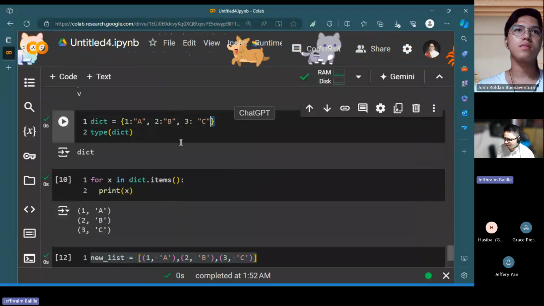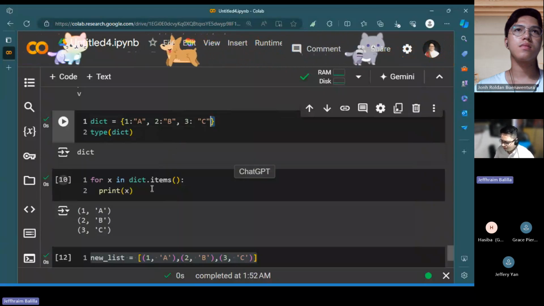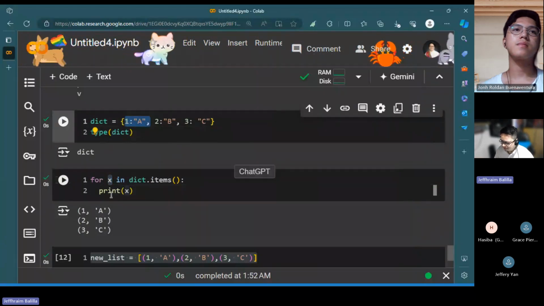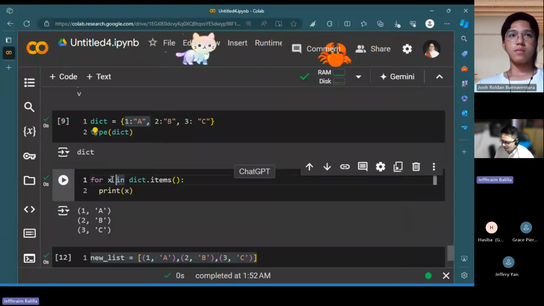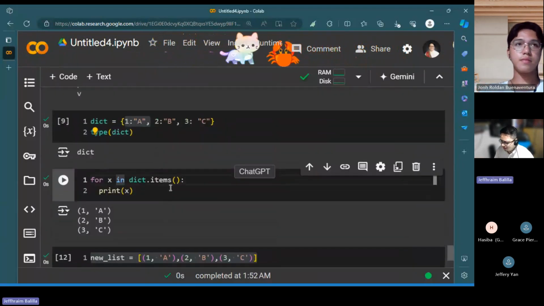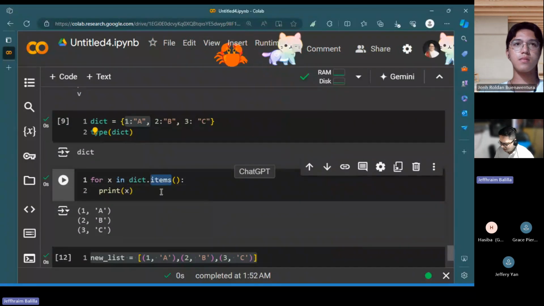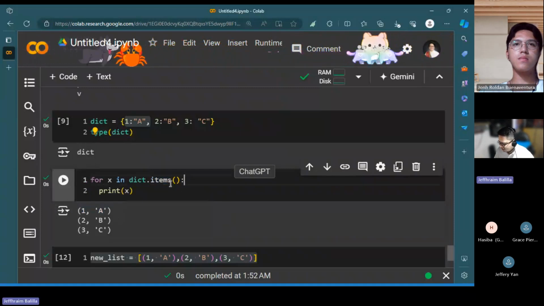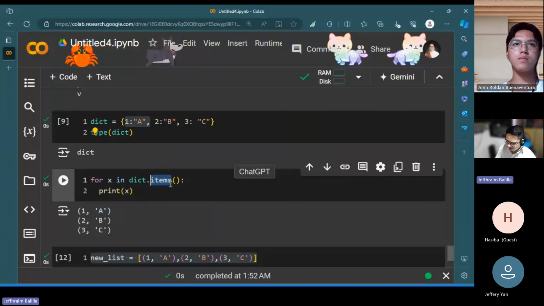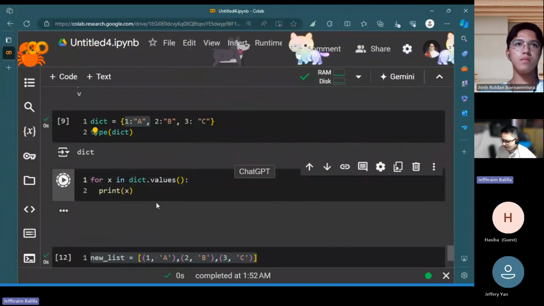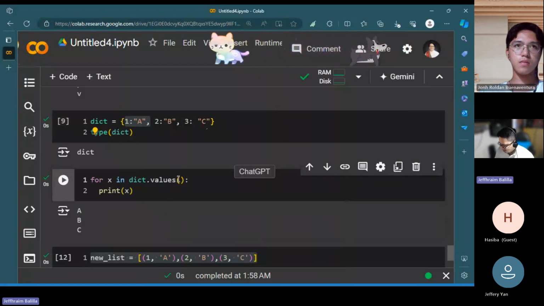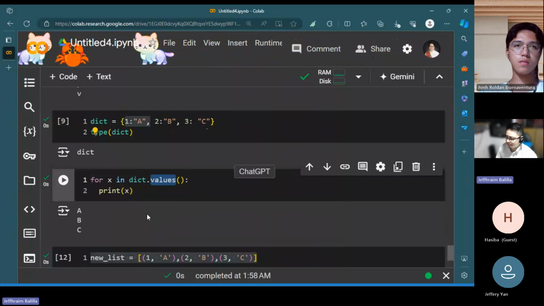So it already knows what things can be done with the dictionary. One thing is you can treat these key-value pairs as just one object by specifying an X in here. It automatically identifies that, since you're combining it with a dot items method, which is a method of a dictionary, this would be the resulting thing. But if you apply it with dot values in here, it will just give you a single element, which is ABC. So it automatically knows because you're applying a specific method used for a particular type of data structure.